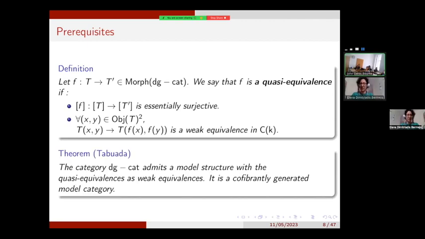And there's a result by Tabuada that tells us that the category of DG categories admits a model structure in which these are the quasi-equivalences, and it is also cofibrantly generated. Okay, so we have our category of DG categories with its model structure. Now, another thing we will be using